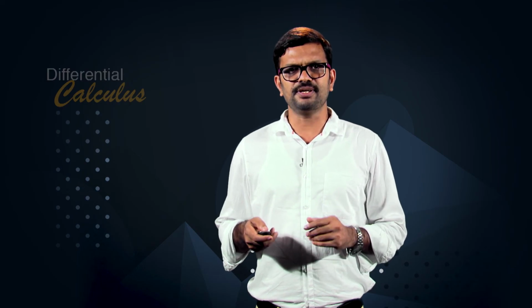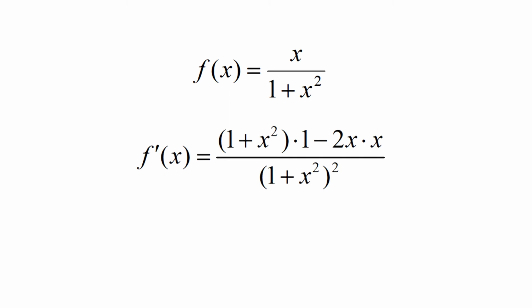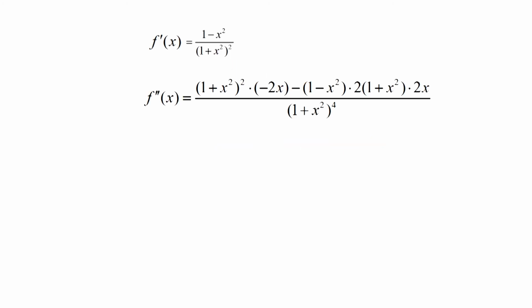As another example, consider f(x) = x/(1 + x²). Then by applying the quotient rule of differentiation, we obtain f'(x) = [(1 + x²)·1 − 2x·x]/(1 + x²)², which is equal to (1 − x²)/(1 + x²)², and